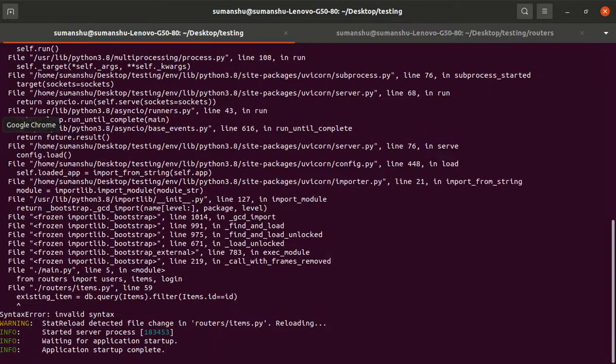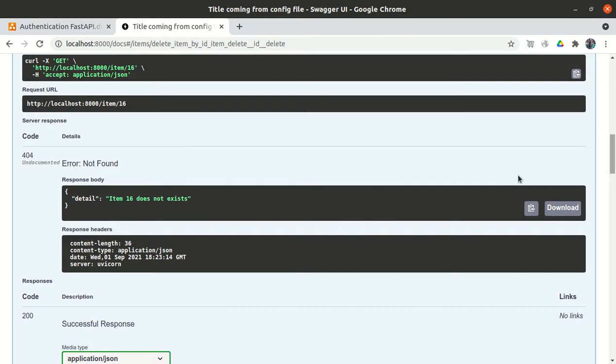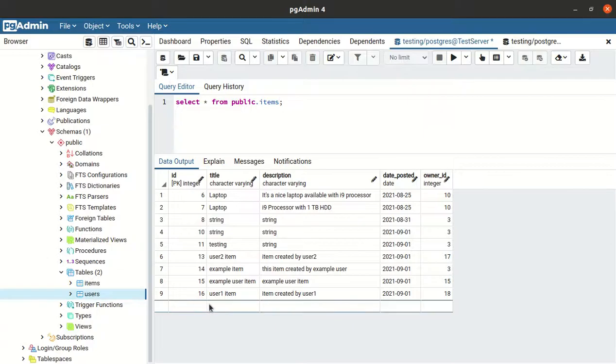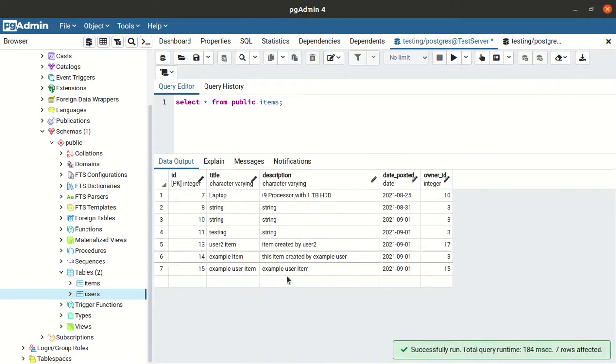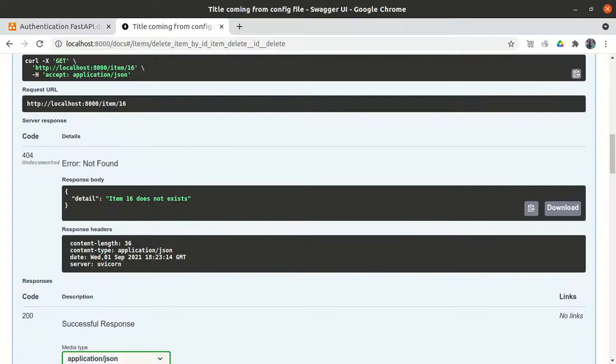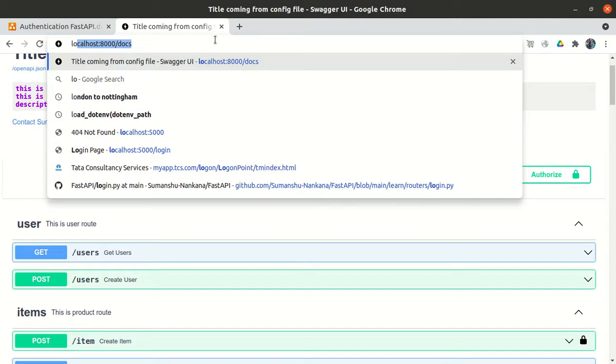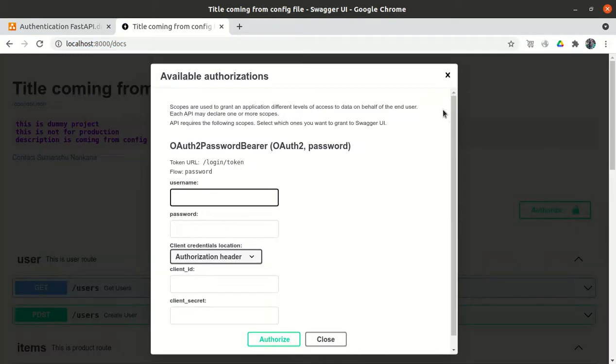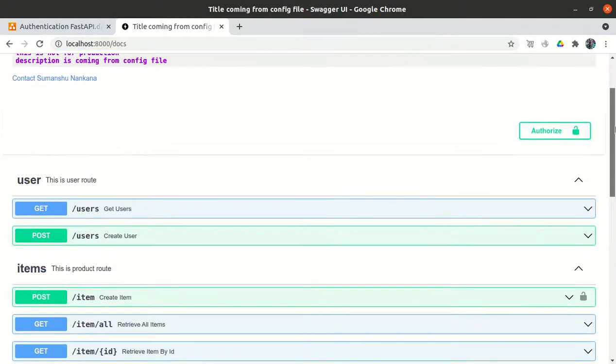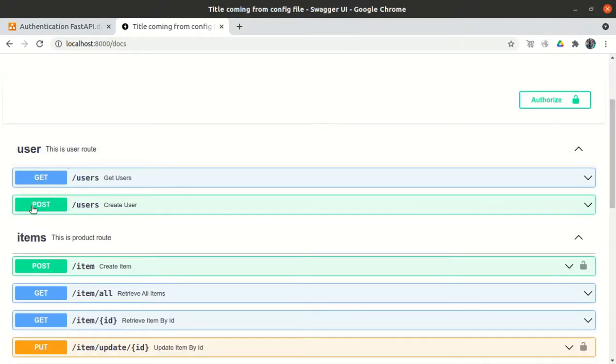Yeah, application has been started. So user 1, okay, let me check. Let's create some new users. Let me refresh it, localhost. Let me create two users.